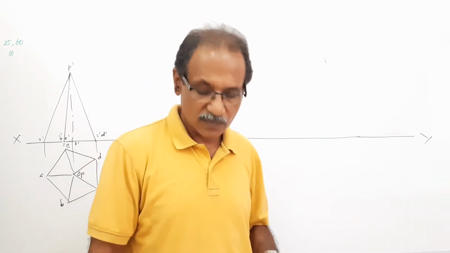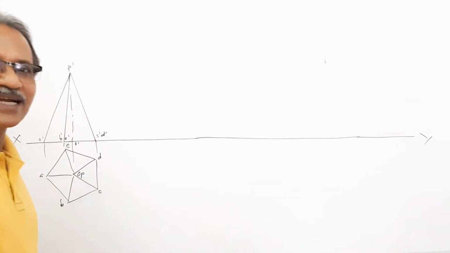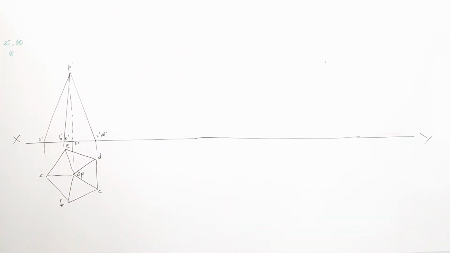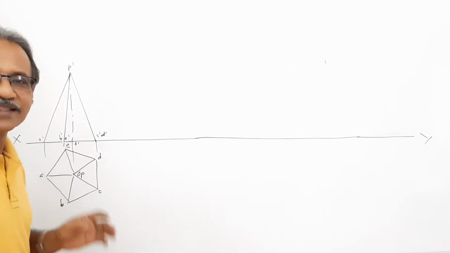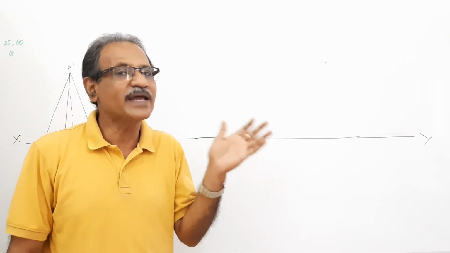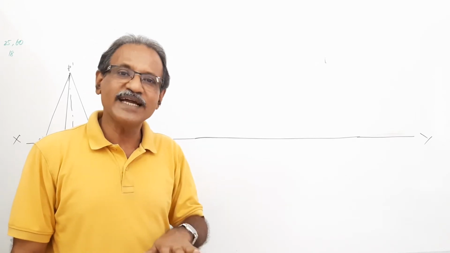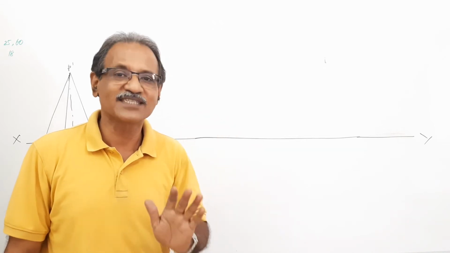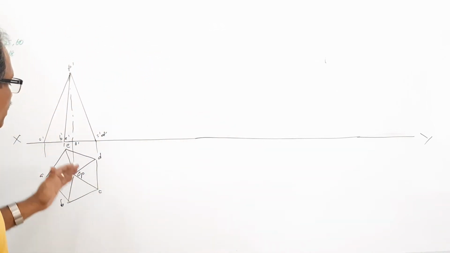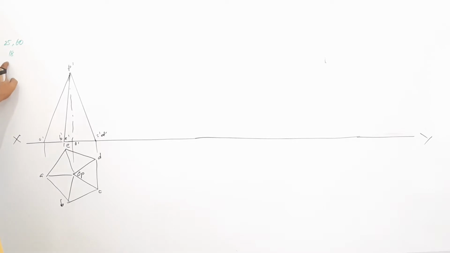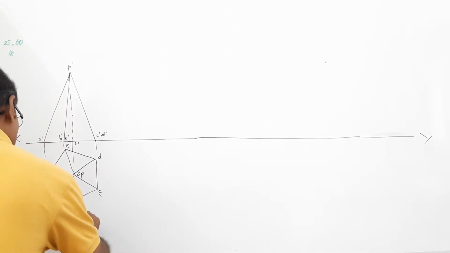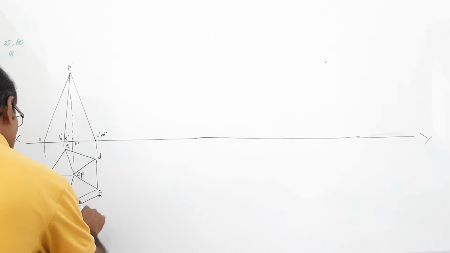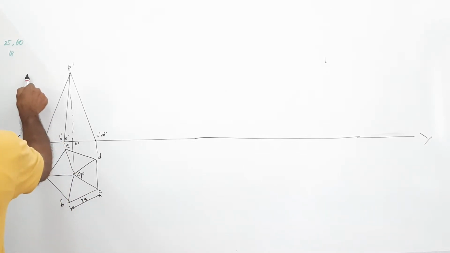Okay, now listen. I keep the pentagonal pyramid on the ground on its base with a side of base perpendicular to VP. The question says one side of base is parallel to VP and 18 mm away from VP. Instead, I keep it perpendicular to VP. At the end, I will explain why it is so, and you will already understand. I keep one side perpendicular to VP, draw the plan and elevation. This 18 mm is ignored, completely ignored. Take 25 mm side and 60 mm height, draw the pyramid. This is 25. This is 60.